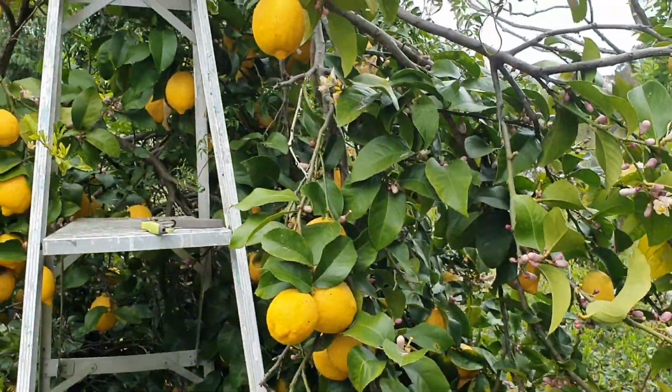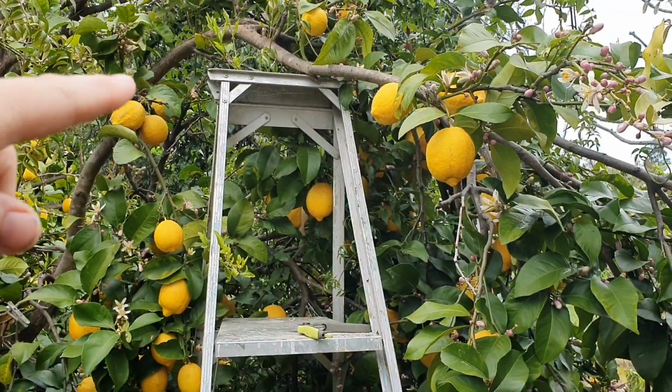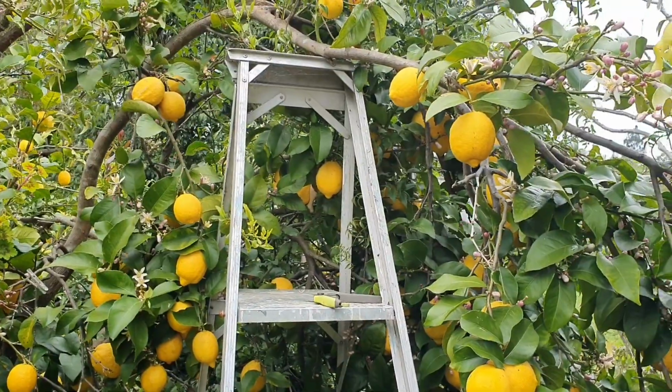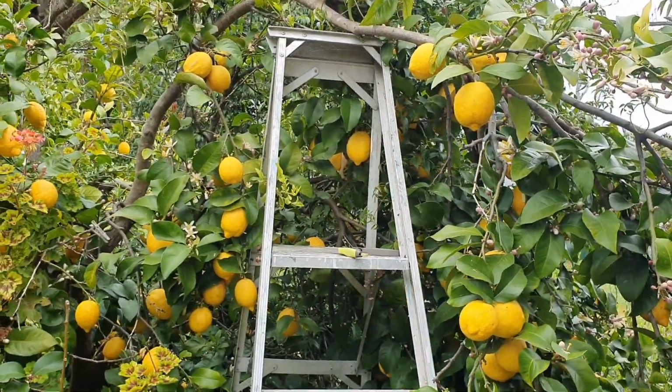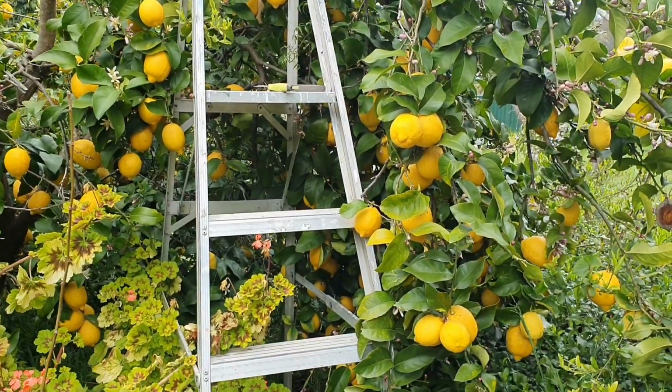If I take a step back, if you've been following me along for a while, you remember that I had a branch, this branch here, that had snapped on me, and I'm using this ladder to kind of prop it up, and it seems to be working. It's been like this now, it must be a couple of months. The branch is still looking pretty good, but this week